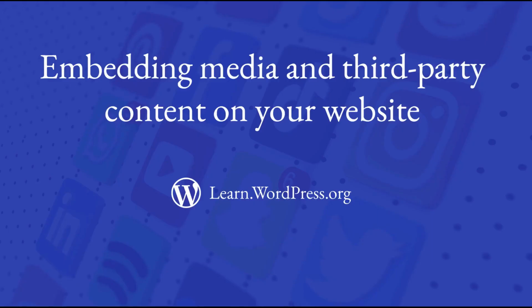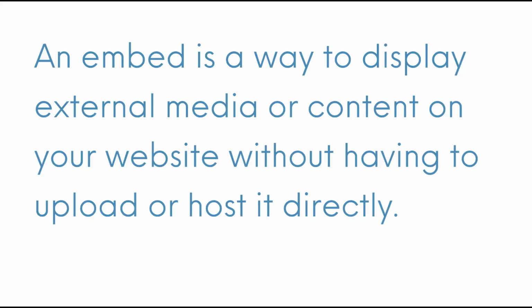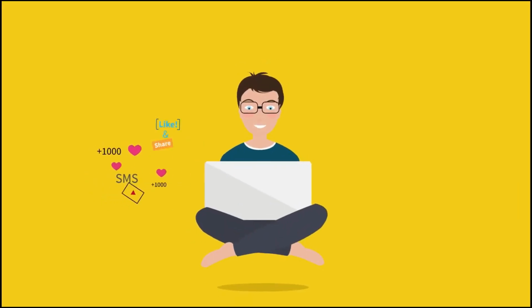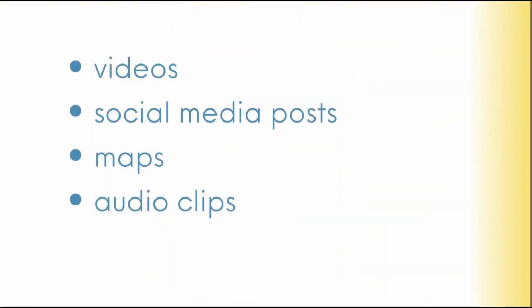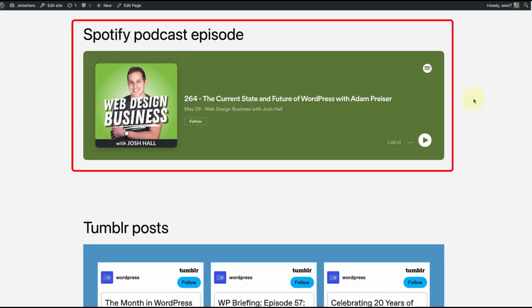In this tutorial, we are going to see how you can quickly embed media and third-party content on your website. An embed is a way to display external media or content on your website without having to upload or host it directly. Embeds allow you to incorporate various types of content seamlessly, such as videos, social media posts, maps, audio clips, and more. You can, for example, display podcasts from Spotify on your website,